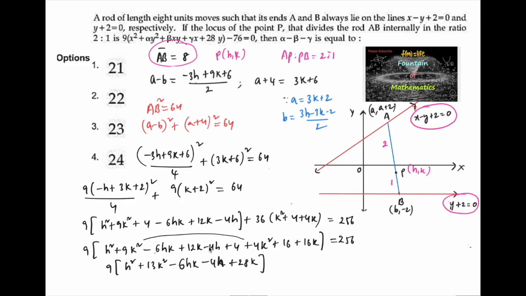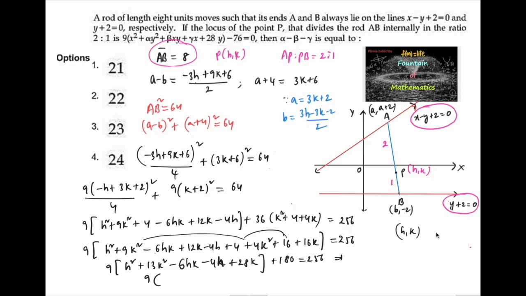So I can take separately, 9 4s are 36, and again 16 plus 4 is 20, 20 9s are 180, is equal to 256. Or we can also write it as 9 times of, by considering h comma k as x comma y,